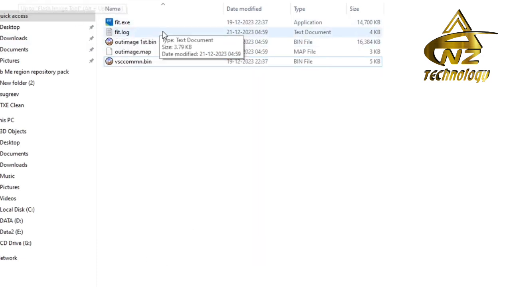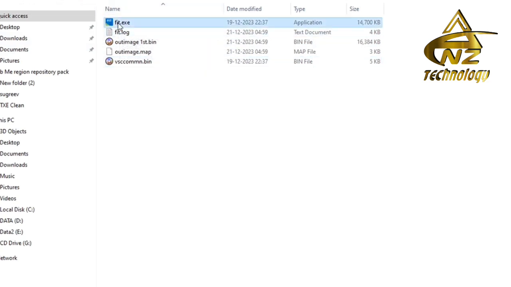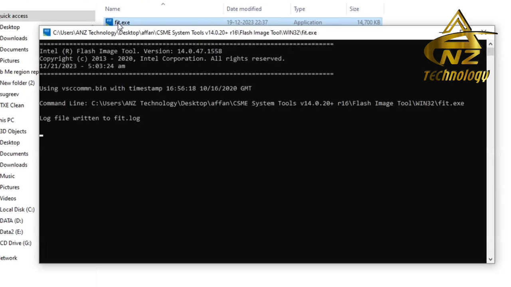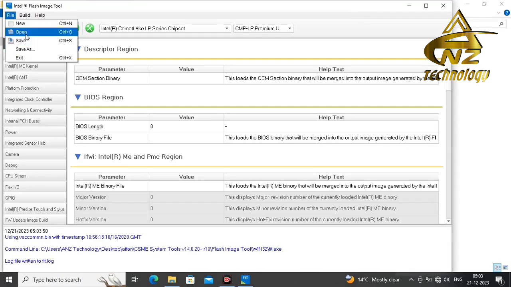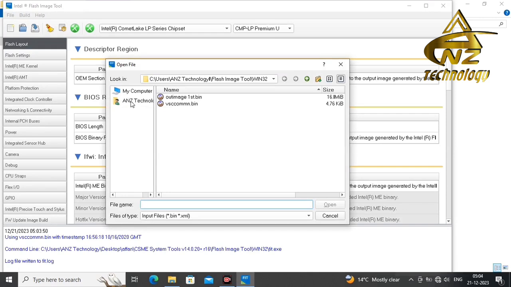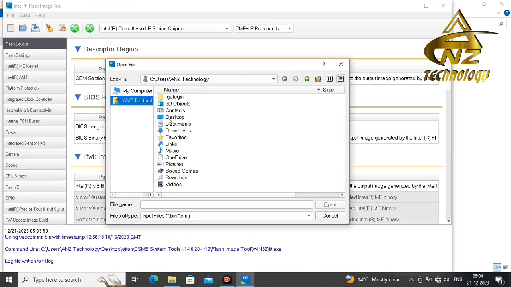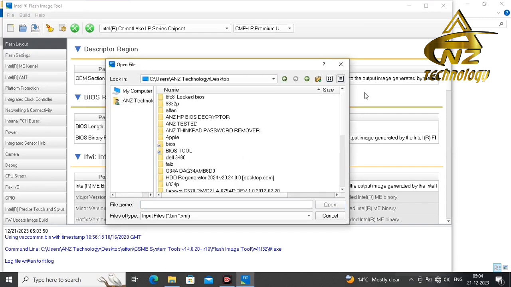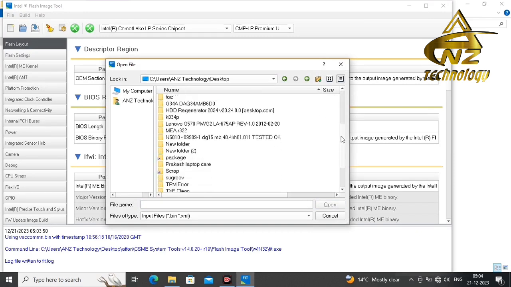Okay. So the second method is very easy. You just open this fit.exe. Now click on File, Open. And now I will give the location of the backup BIOS.